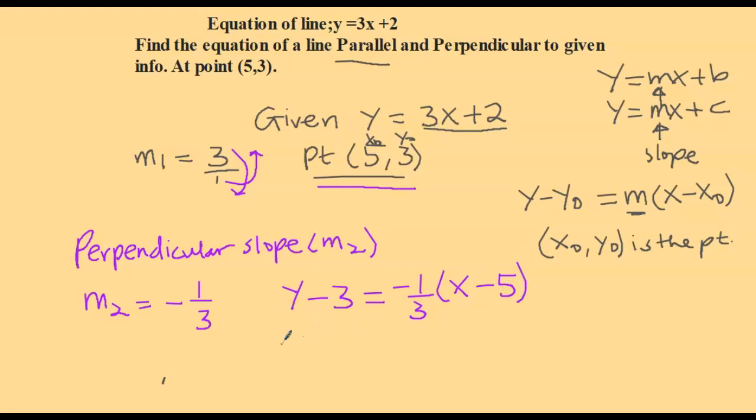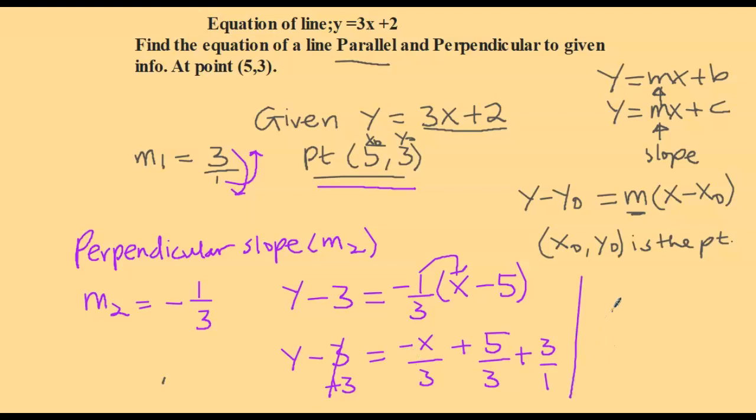We can distribute if we want. And then this time that gives us negative x over 3. And here negative negative becomes positive 5/3. And then we have to add 3 here, and we have to add 3 here. Okay, this goes away. Since it's a fraction, we can put 1 here. So what we are going to get, running out of space, y equals negative x over 3